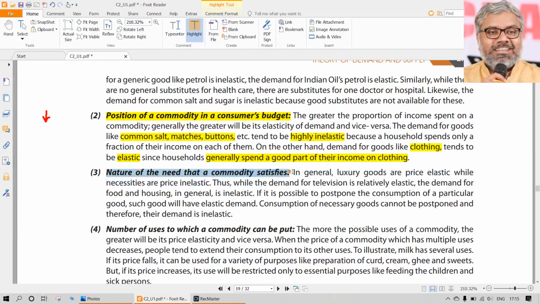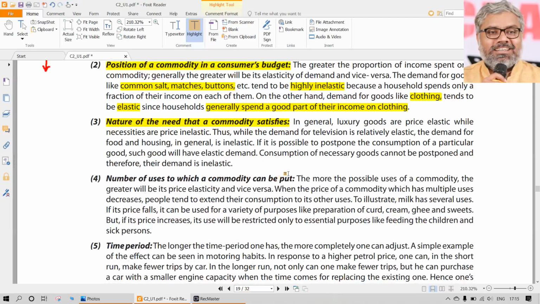Then other things are also very psychological in general. Nature and need of the commodity that satisfies. Once again, say what kind of need that commodity satisfies. Same examples can be taken. For example, generally the price elasticity will be high for which kind of goods? Luxury goods. Because they don't need to be really purchased for satisfying the basic needs of the consumers. So price elasticity will be high for them. Which means if the prices have increased, customers will not buy them. They will just postpone them. And if the prices are low, then they might get attracted to buying those luxury goods.